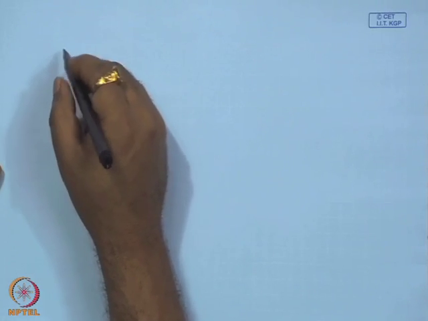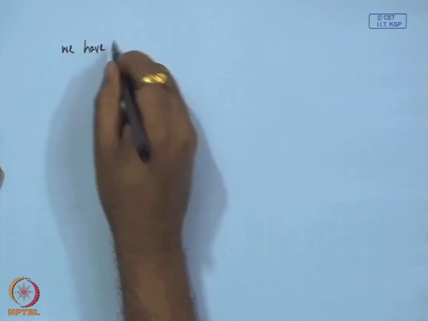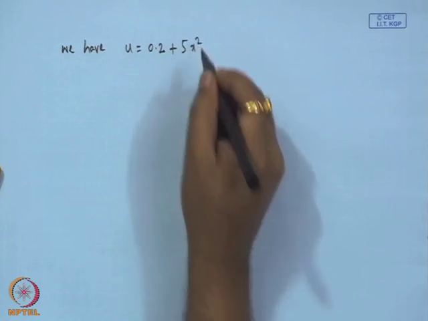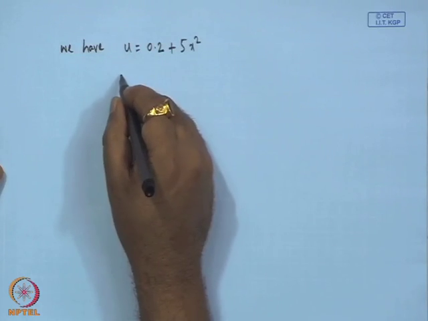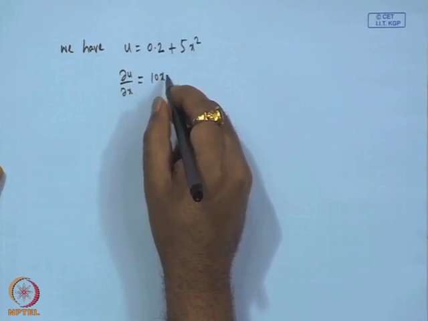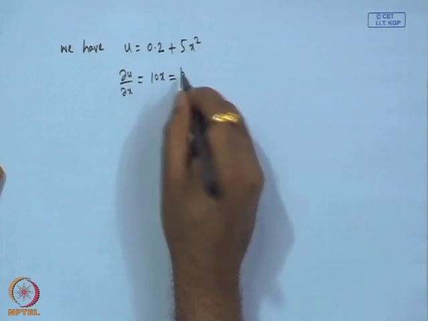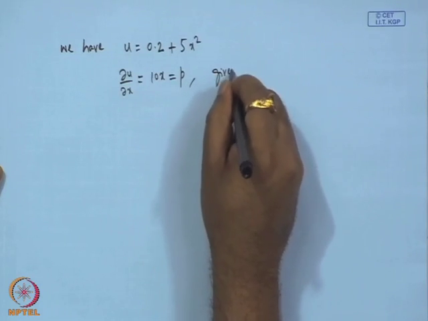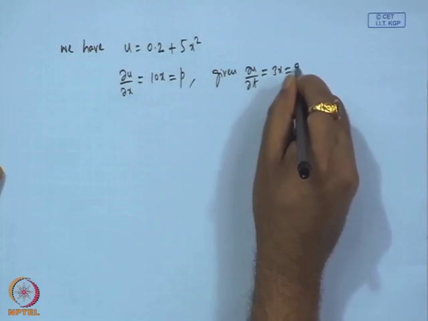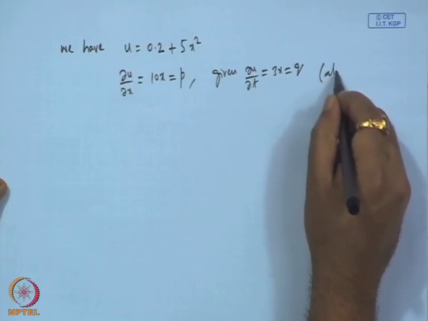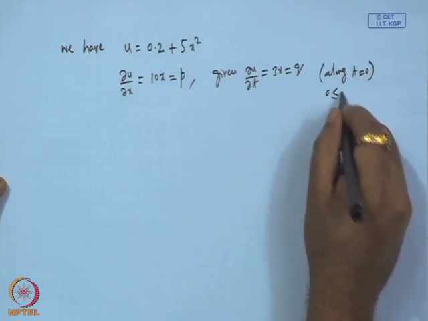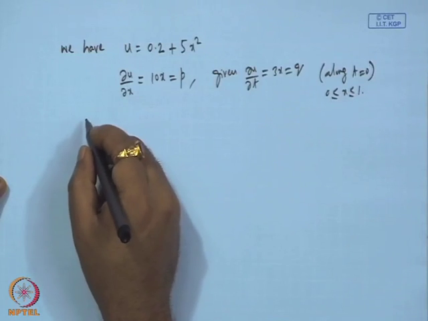Now, we have u equals 0.2 plus 5 x square. Okay. So, therefore, dou u by dou x is 10 x, which is equal to p, and given dou u by dou t equals 3 x, which is q. Of course, these are along t equals 0, and so therefore,